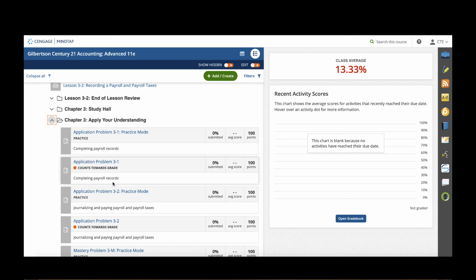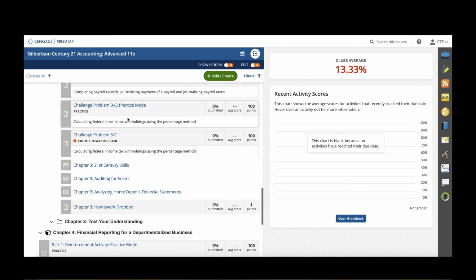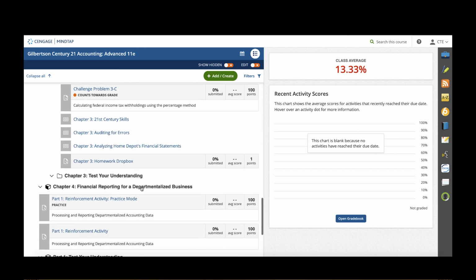Again, you could make both of these available to your students, or you could decide which ones you want to assign and which ones you want to hide. Students will also have the reading for their 21st century skills, auditing for errors, as well as their analysis case study reading. And then this homework Dropbox, if you are having students upload any files to you, so if you